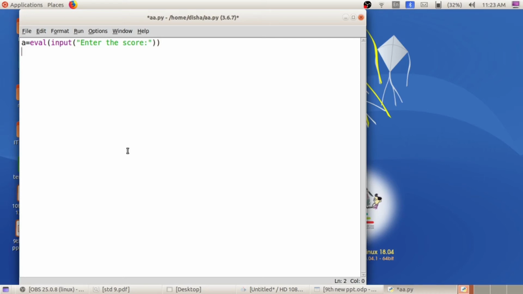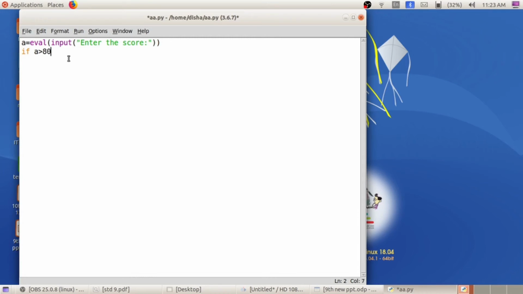After that, specify the function if and give the condition. If A means our entered score, because that is stored in the variable A.